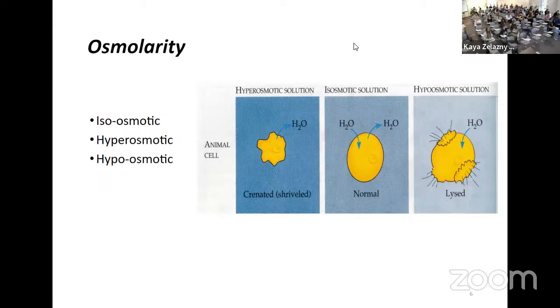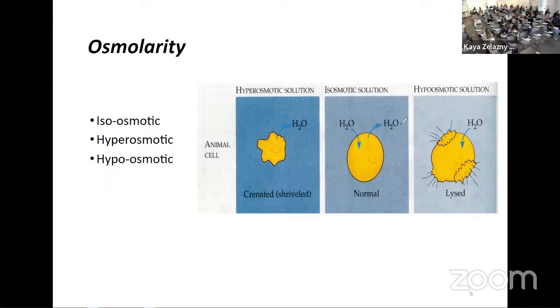So when we're thinking about osmolarity, we're thinking about the movement of water. We can define what our relative osmolarity is, what our relative concentrations are inside the cell versus outside. We do that by putting the word osmotic at the end. This tells us that we would specifically be looking at the osmol numbers. That's why we're putting osmotic here. And we can see the behavior of a cell due to the movement of water in each of these